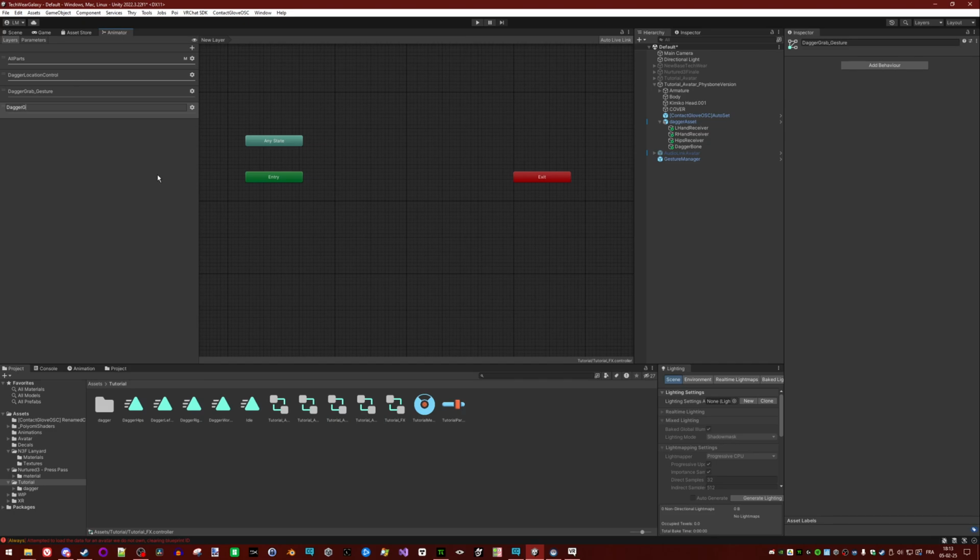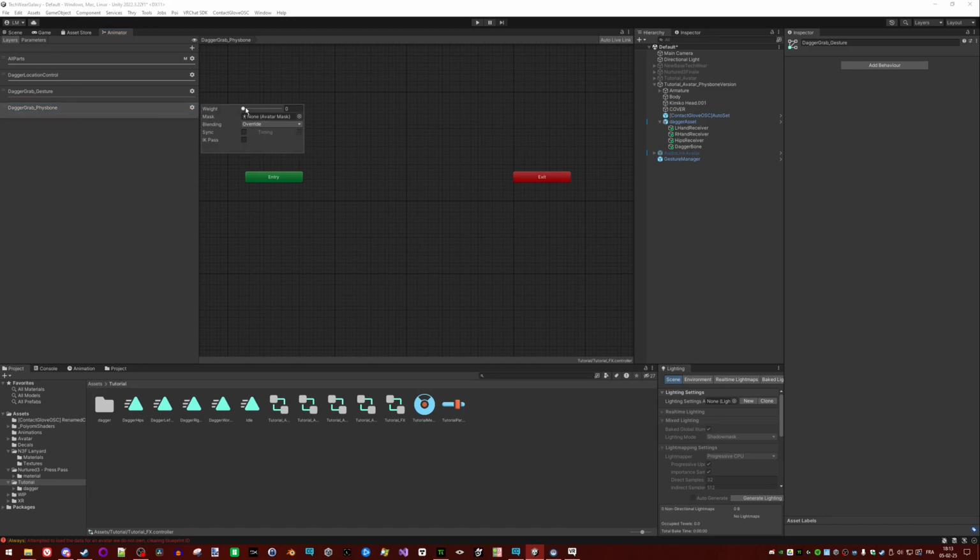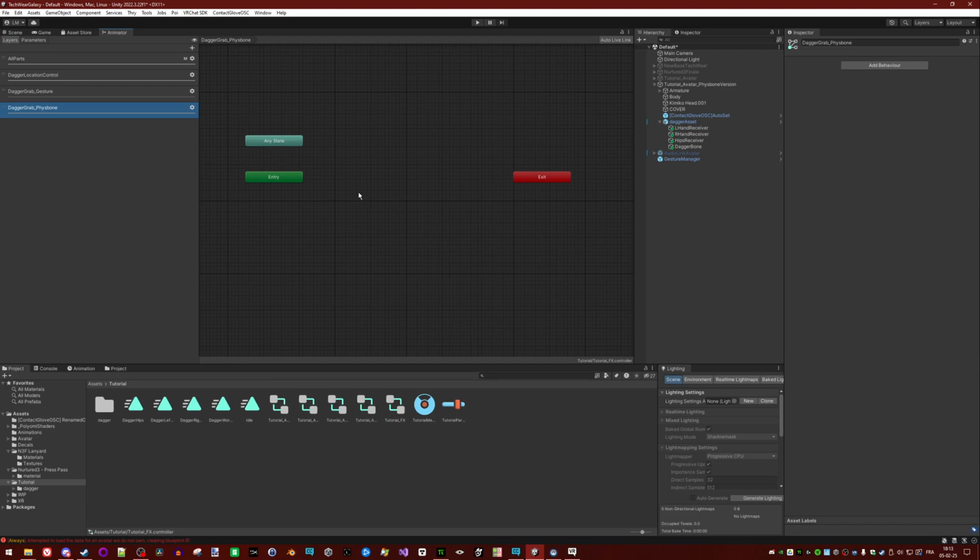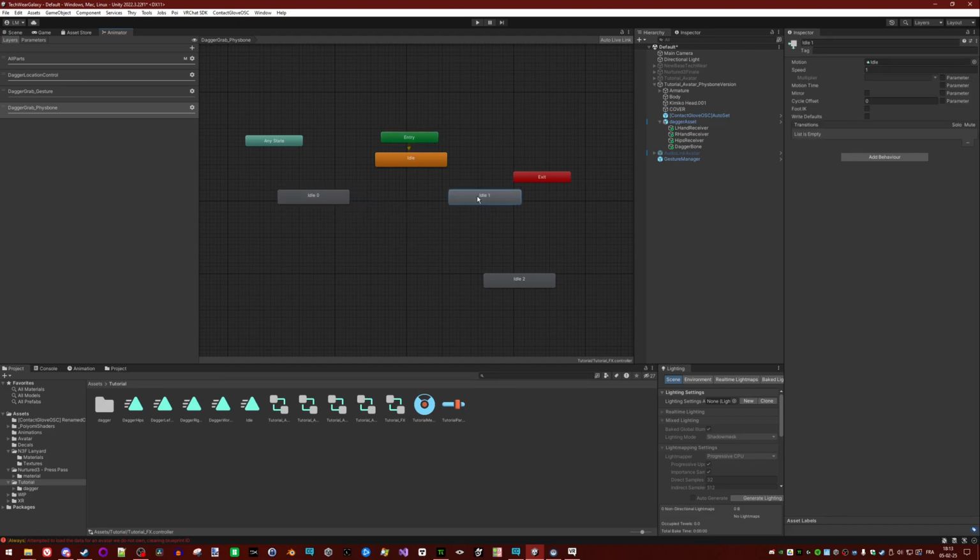I will call it dagger grab underscore fishbone. Call it however you want, honestly. Weight 1, very important, and it's the exact same ID as with the other method. The only difference is one condition really. So for idles, one per source and one for the world. Let me arrange them a bit.